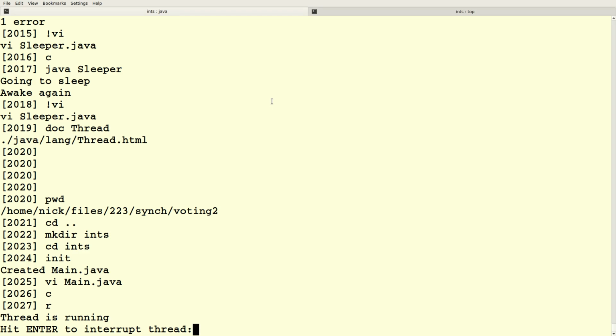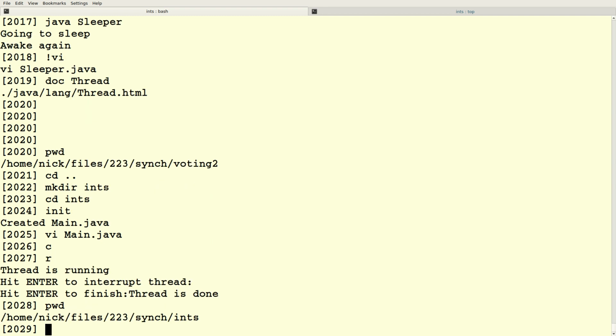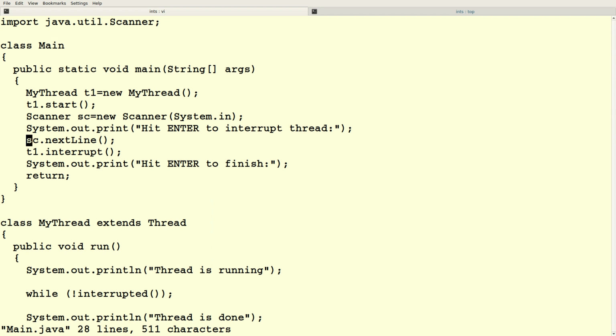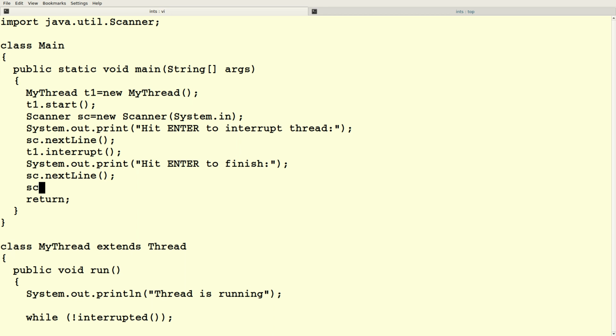So let's hit enter. We hit enter, and it said hit enter to finish, and then it said thread is done. Did I not do another next line after that? I'll even close my scanner.